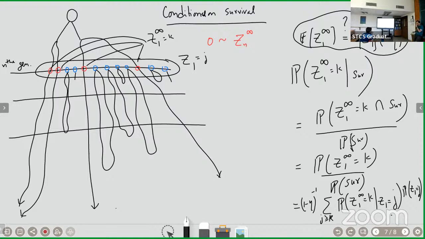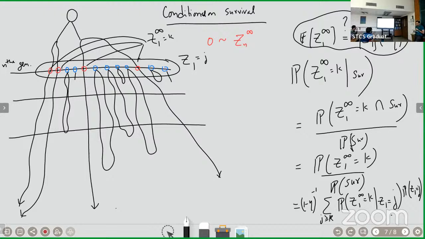For any node, what's the probability that k of its children are red? Simple. So instead of Z1 infinity, you can write this X infinity. For any node, X infinity is the number of red children. I told you earlier, I want to go from generation N to N plus 2 generation. Everything is symmetric wherever you put it. So I just go to the top and figure this out. That's what I have really done. Now tell me how do I